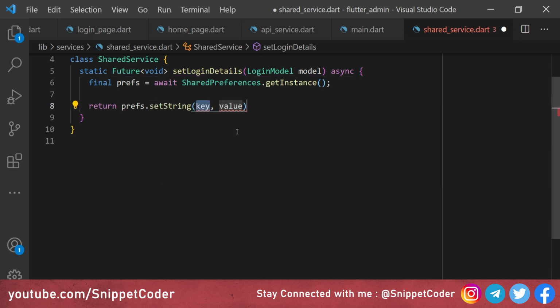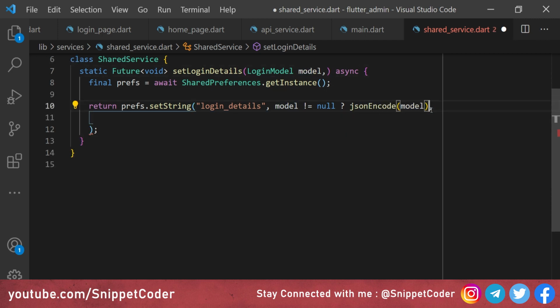and we are putting here login_details, and then for the value we have to check if the model is not null. Then we are doing jsonEncode, and we have to encode this object, and we will do toString. In the else condition, we will pass null.